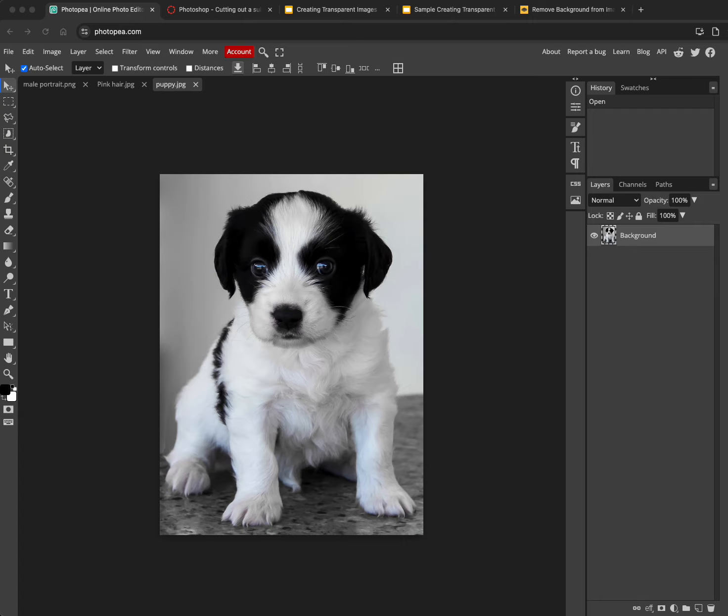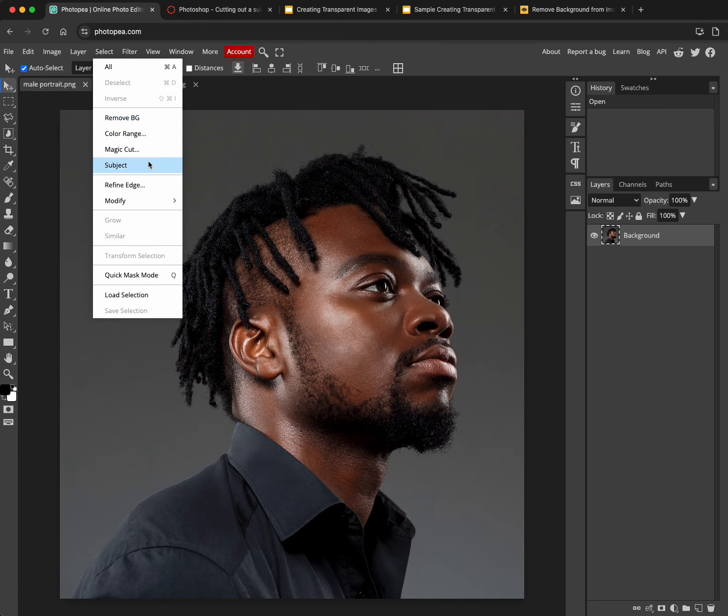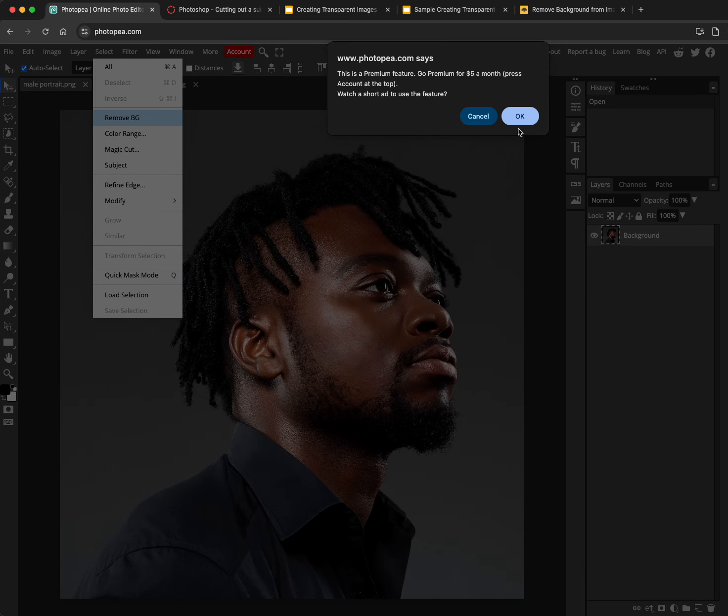I was closing out some tabs just to create a little bit more space on my computer. But back over to the male portrait, if I try to go up to Select and Remove BG,